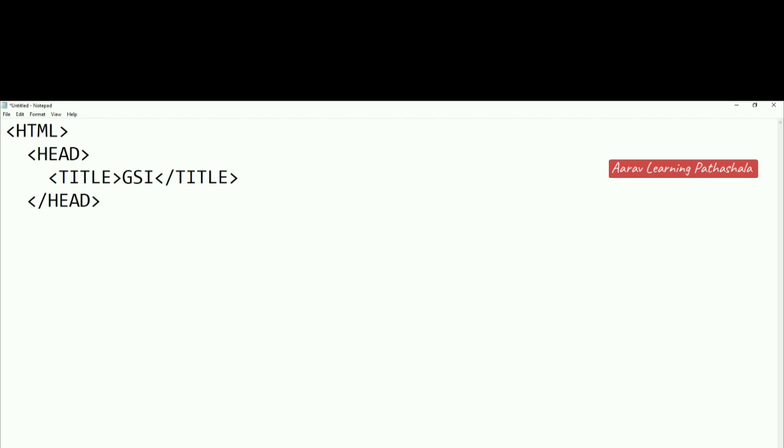Next we have to start the body tag. Under this we have to write the information we would like to display in the web page. So here we would like to display the student biodata. So the first line I will write as biodata,